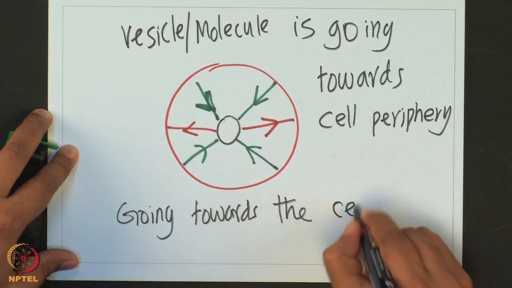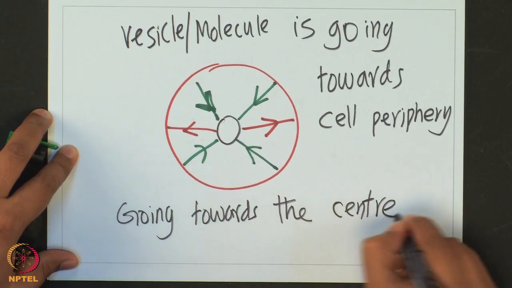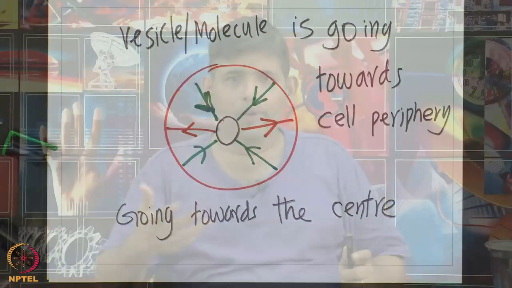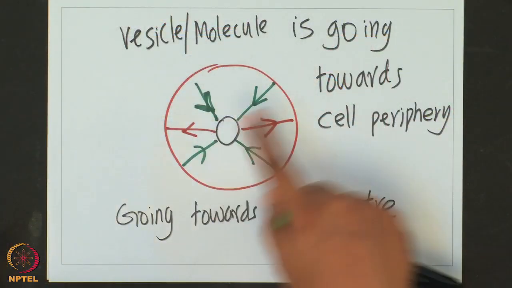Molecule is going towards the center of the cell. So now if you want to say, how do we mathematically say this? This is the training that we were getting through understanding vectors. We are training ourselves to say this thing mathematically. So now we will reach here, but before reaching here, we will think of even simpler thing, which is moving